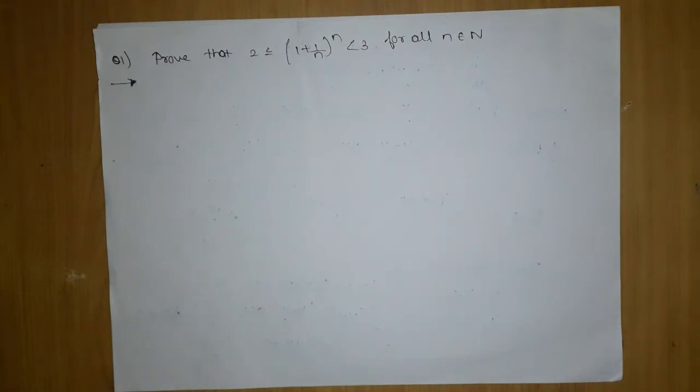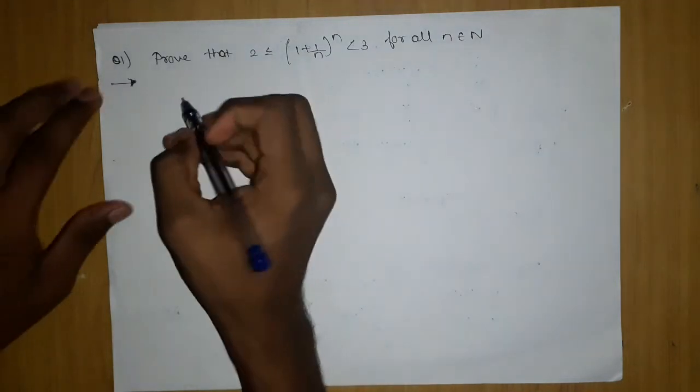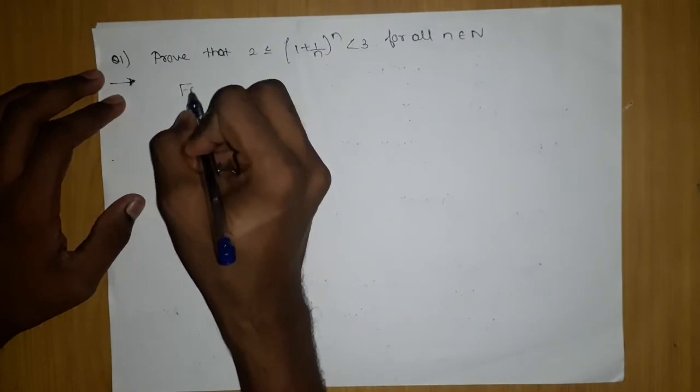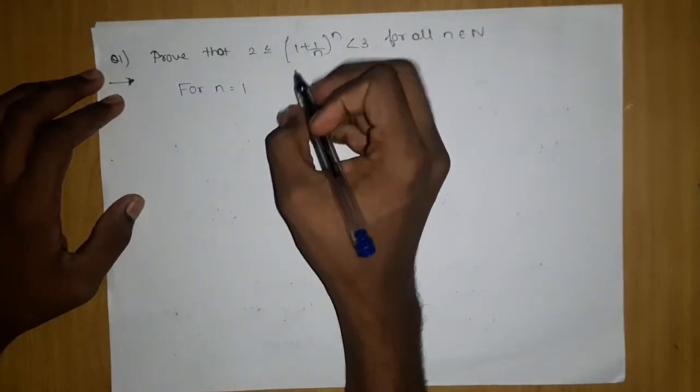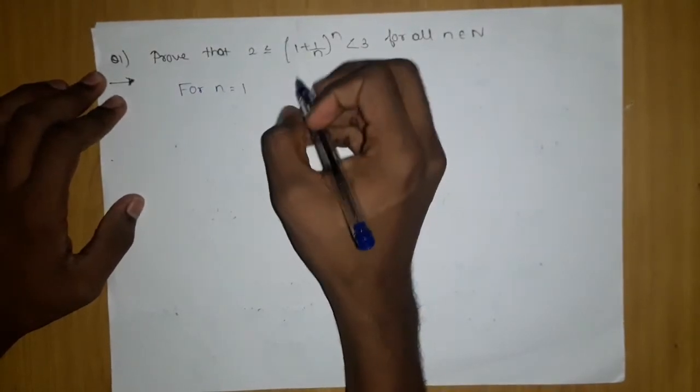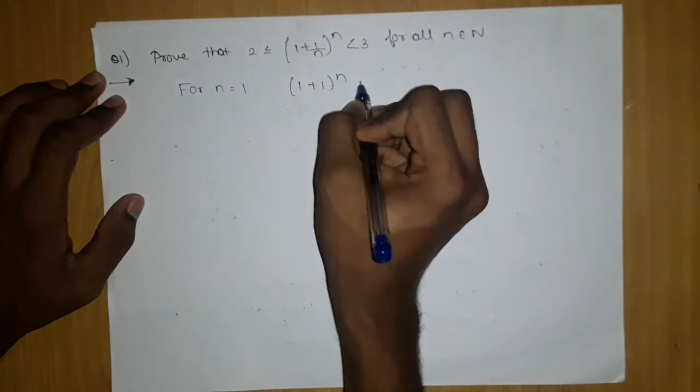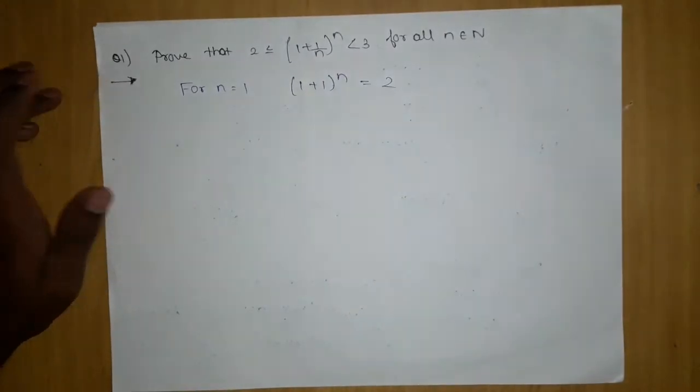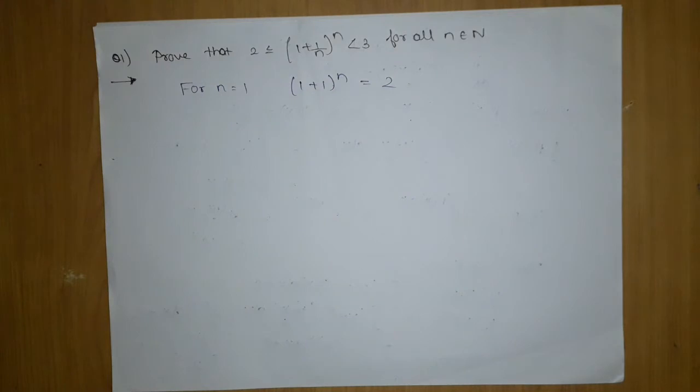What we can do is, if we put any number like 2, then what are we going to get? 1 plus 1 by 2, that is (3/2)^2, which will be some fraction, but 1 is the only number which will give us some exact value. So let's try by putting n equals 1. We get (1 + 1)^1, which is nothing but 2. So for 1 it is 2. Now for 2, 3, and so on it will go on in natural numbers.